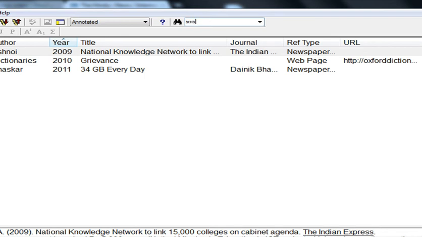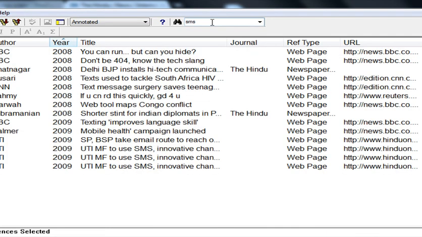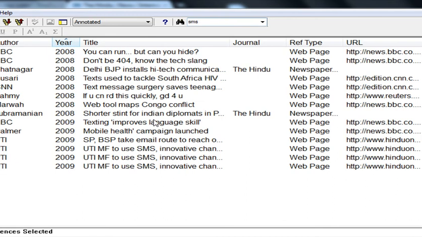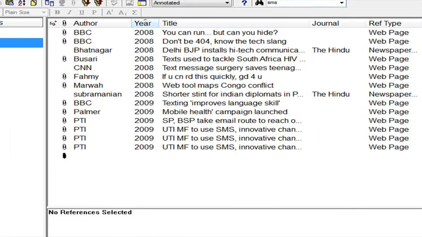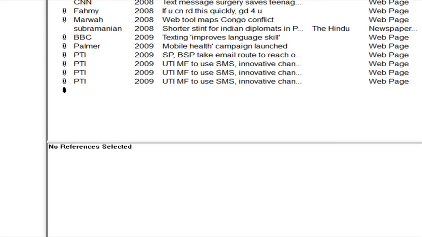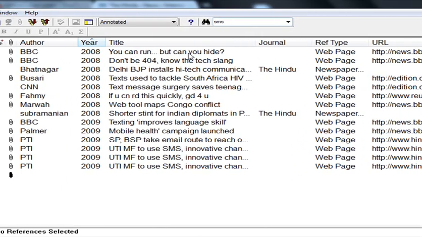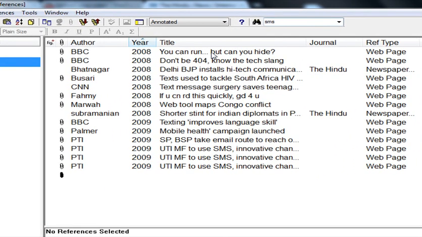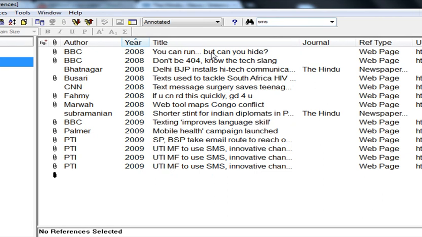So I will write SMS and then enter. So out of those 60,000 references, these 15 references are there in which the word SMS has been used as keywords or in the running text.